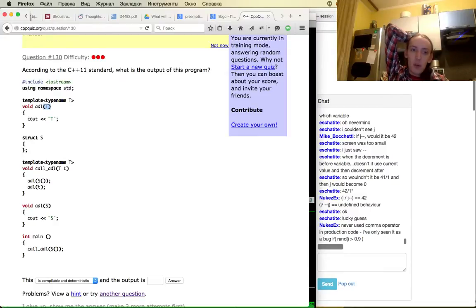So what happens when we execute this function, which has a template parameter? My guess is that this function is called both times. So it doesn't matter if we do idle as constructor or idle t. I'm pretty sure that both times,